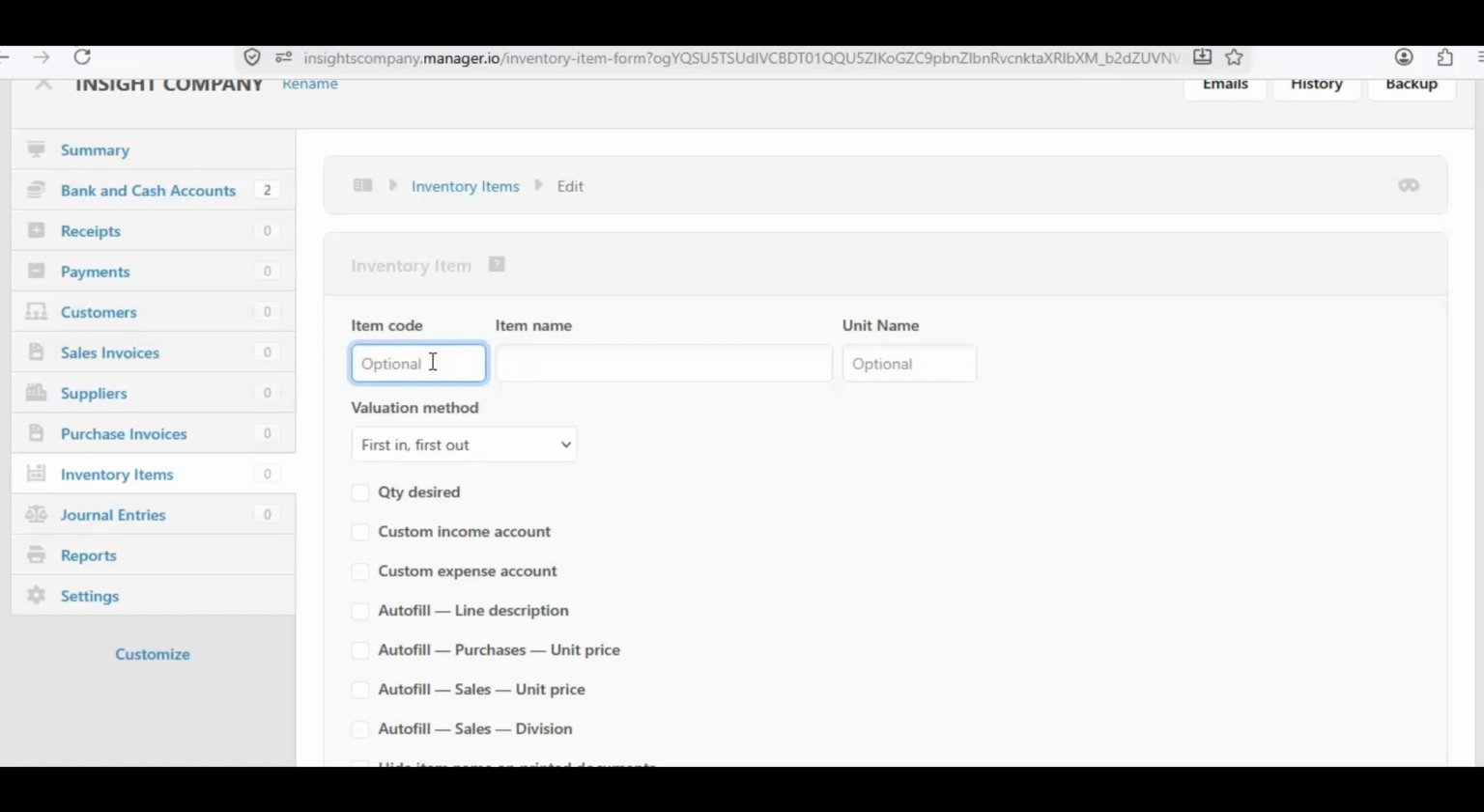If you are operating a barcode, if your inventory has a barcode, you can use this portion to input your barcode. Or if you have generated codes on your items, you can use this portion to input your code. Inventory name, item name, this one is compulsory for you to put the name of your inventory. For instance, if you are in the business of buying and selling of furniture, you can have something like chair